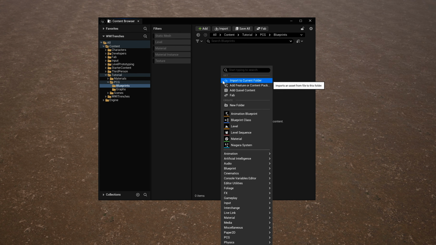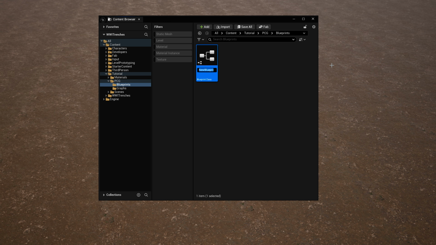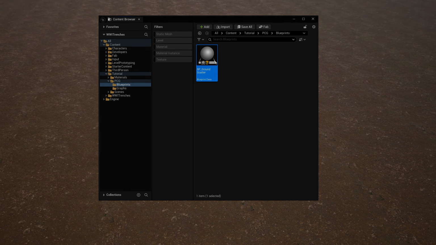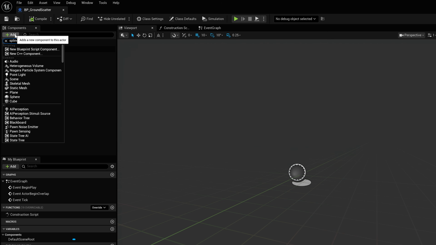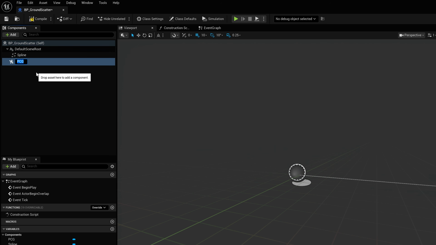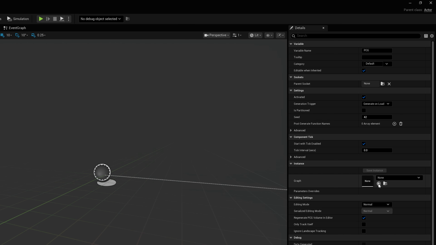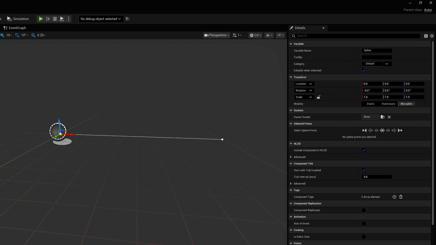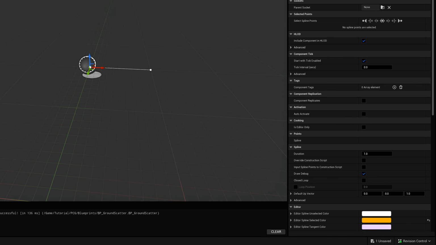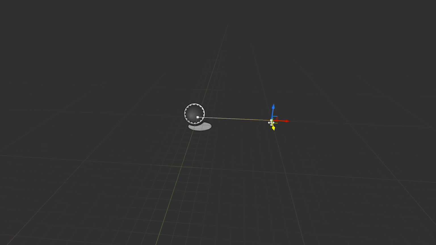And this is what the subgraph looks like in our main graph now. Shifting gears a bit, let's make a blueprint actor and open it up. Let's add a spline and a PCG component. On the PCG component, we'll add our main PCG graph, and on the spline component, I want to enable closed loop. Now we can position the points wherever we want to have a good default size when dragging and dropping